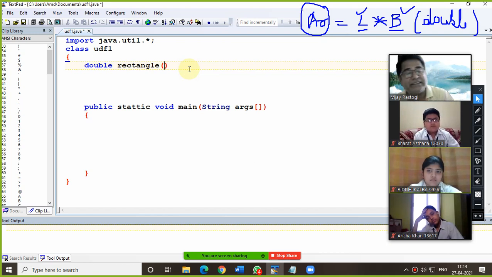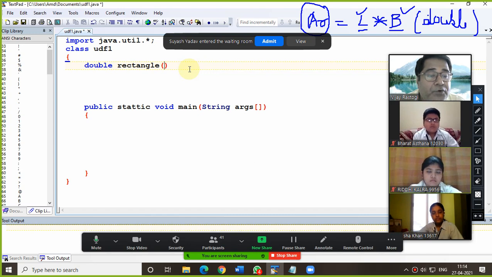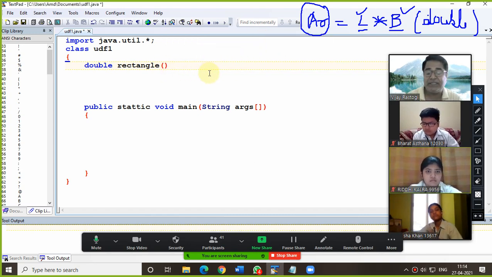The question is to find the area of rectangle, and the formula is area equals length into width. Two values are supposed to be taken as input, that is your length and breadth. So this number of parameters, please pay attention.